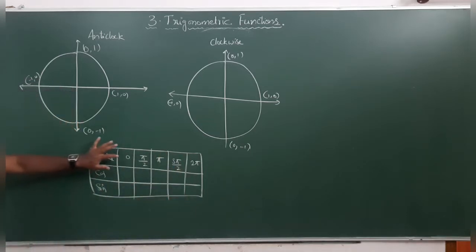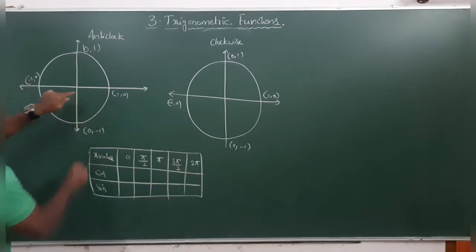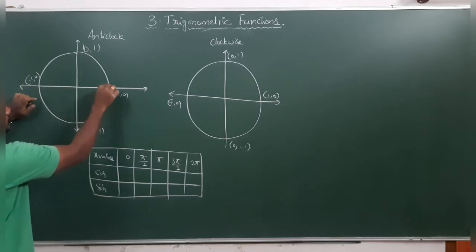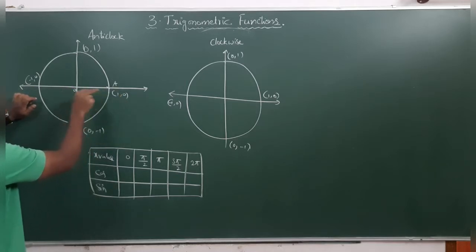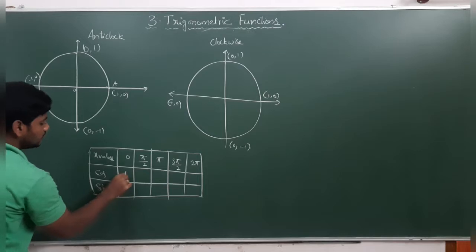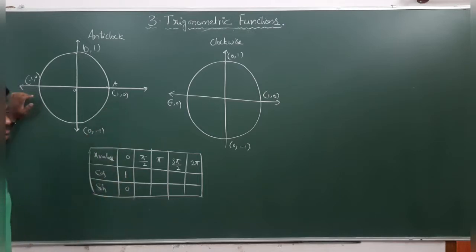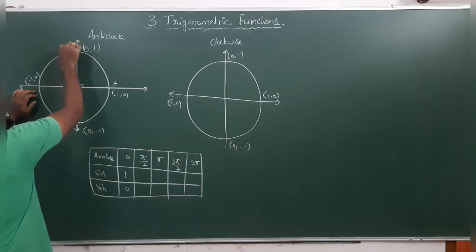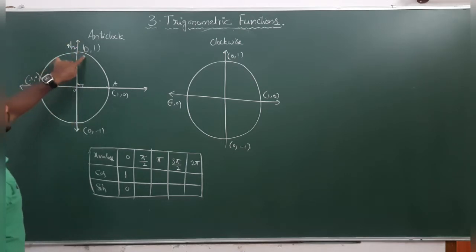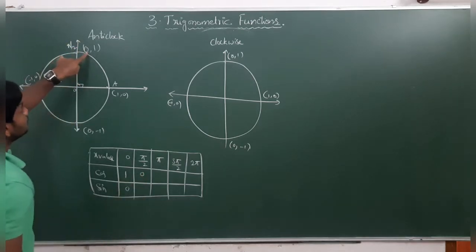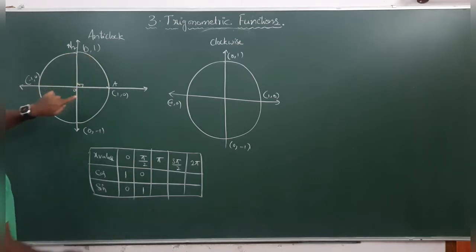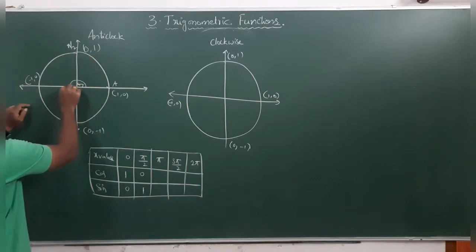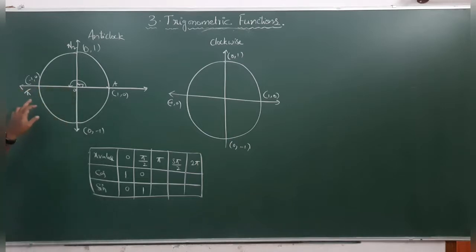Now you tell me what is the cos 0 value. The angle will be 0 now here. From 0 to 0, the angle will be 0. 0 means cos value 1, sin value 0. Very simple. Next, it is 90 degrees, nothing but pi by 2. If it is pi by 2, what is the cos value? 0. What is the sin value? 1. Right? Next, this is the semicircle, nothing but this is 180 degrees, or we can consider it as pi radians.